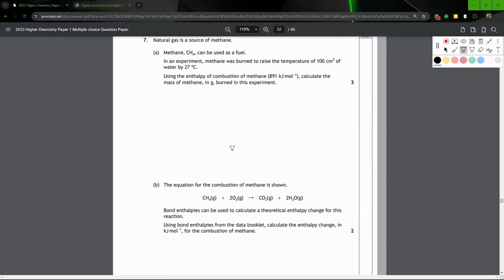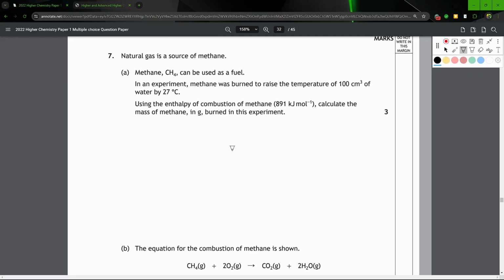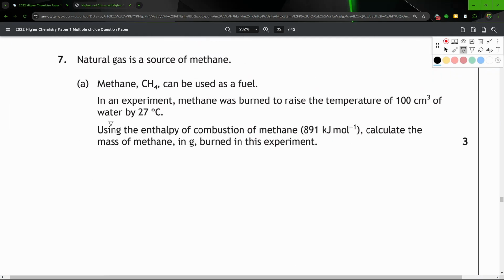Natural gas is a source of methane. Methane can be used as fuel. Wow, who could have figured that out? In an experiment, methane was burned to raise the temperature of 100 cubic centimeters of water by 27 degrees Celsius. Using the enthalpy of combustion of methane, which is 891 kilojoules per mole, calculate the mass of methane in grams burned in this experiment. Okay, so what we're going to do here is sort of a backwards of calculating the